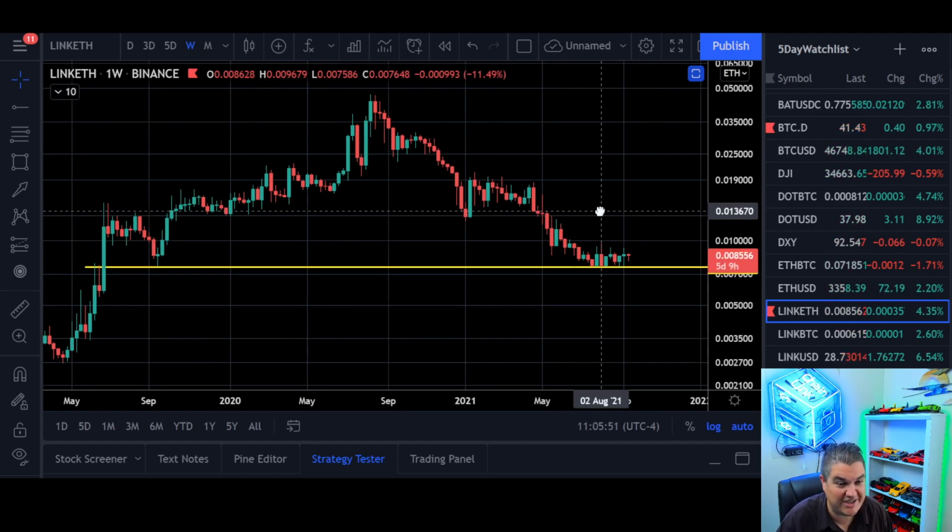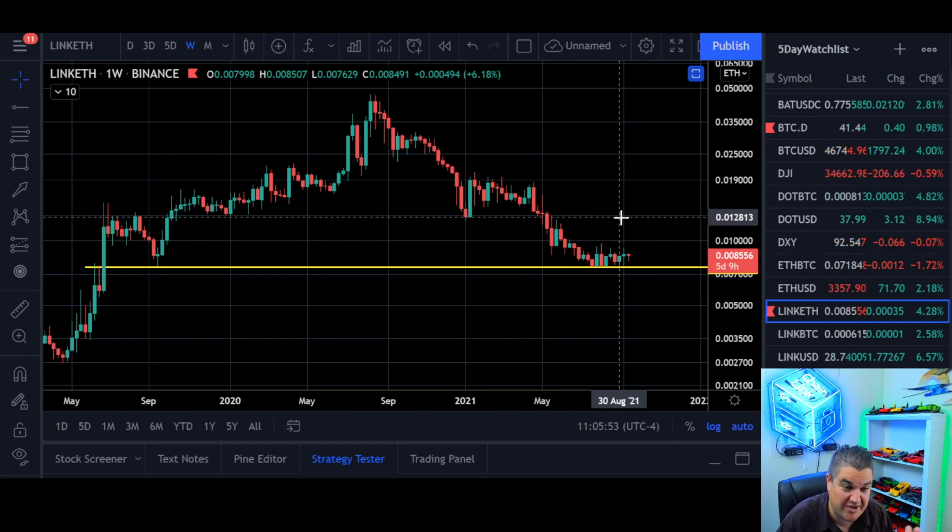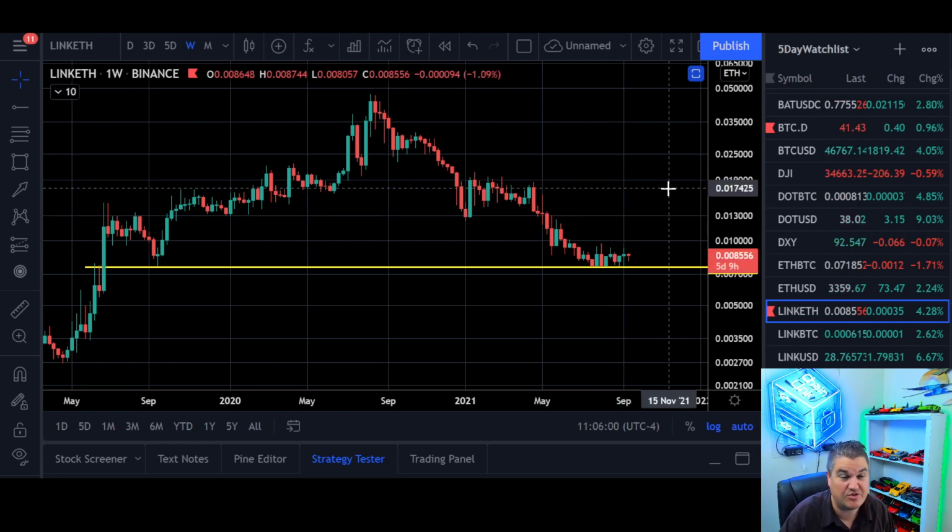Plain and simple. That's what it is. And that's if Ethereum stayed at the constant level, right? If Ethereum goes to 4,000 and Link does that move as well, it'd be much higher, right? But